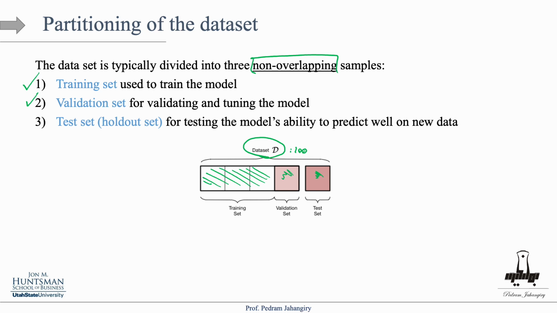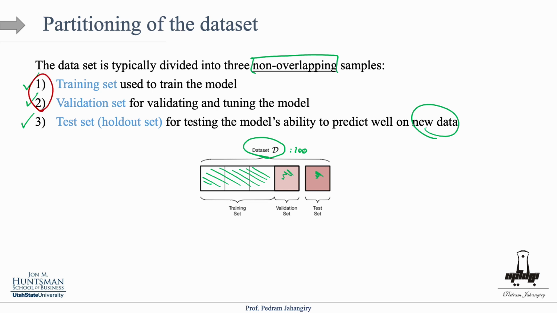Because, guys, remember, it is important to test the model on something that the model has not already seen, right? Because otherwise it's going to be cheating. If I test the model on the train set, there's no point of doing that because the model has already seen that part of the data. Also note that the training set and validation set are sometimes referred to as in-sample, and the test set is referred to as the out-of-sample set. Okay,